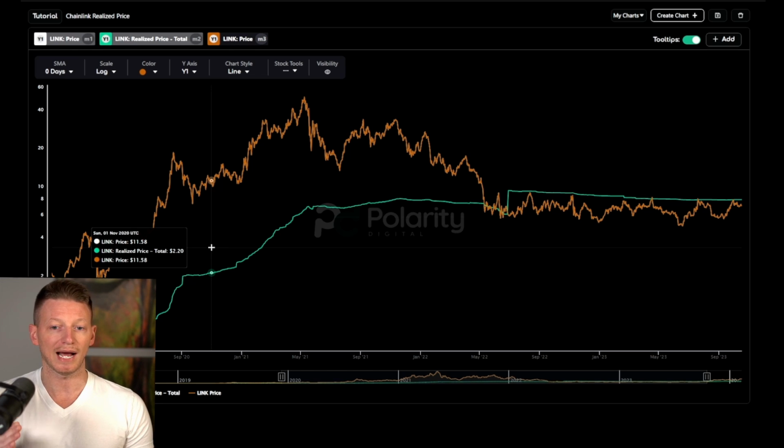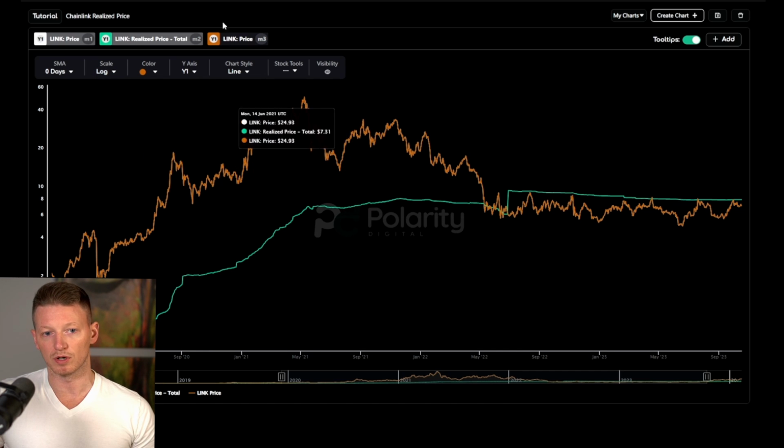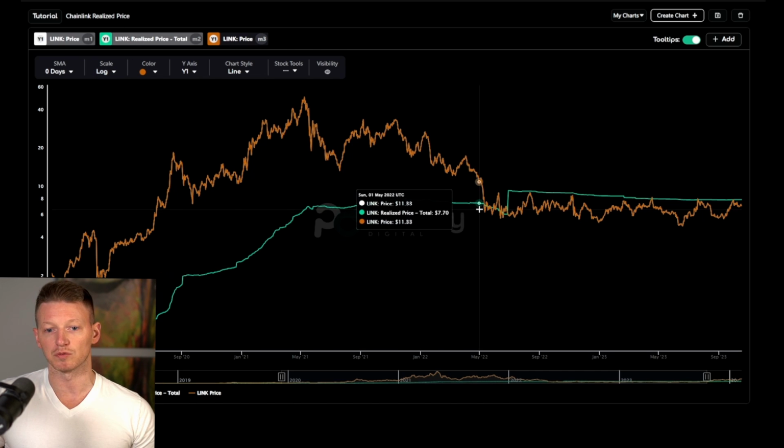And I'm going to show you how powerful these can be. So what we're looking at here is Link, the price in orange, and then in green, what I have is the realized price. And if you're unfamiliar with what realized price is, I'm going to show you why this metric can be so powerful. So it shows you the average price of all holders on the network the last time